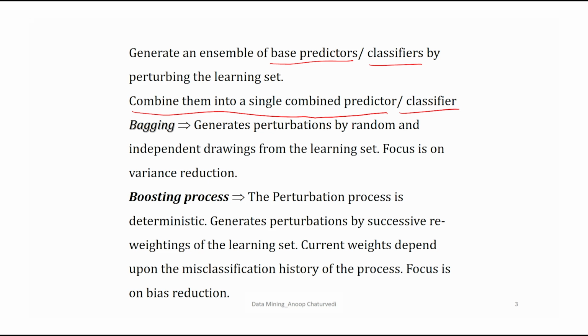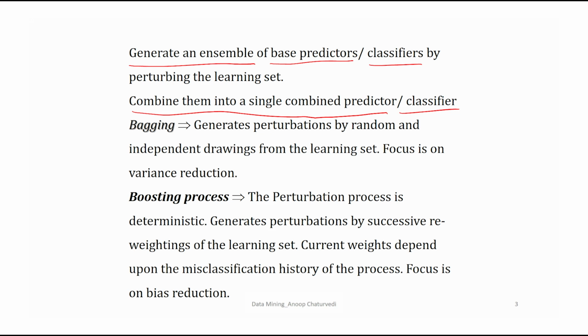So now you have different learning sets, and on the basis of different learning sets we develop different base predictors or classifiers, and then we combine all these base predictors or classifiers into a single predictor or classifier.